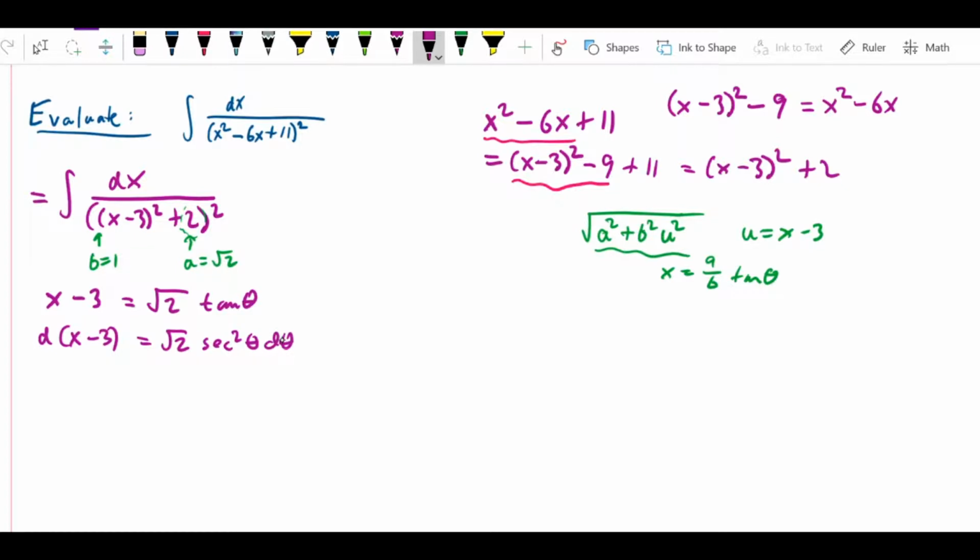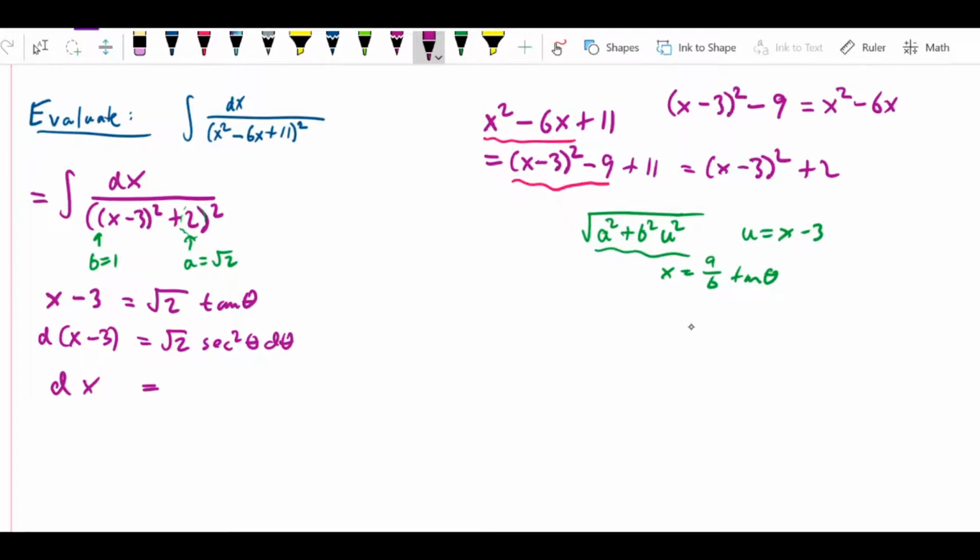But remember that the derivative of x minus 3 is the same as the derivative of x. In other words, you can think of this as dx minus d of the constant 3, where this is 0. So the point is that d of x minus 3 is just dx. I realize that I went through that algebra very fast, but you shouldn't have a problem with this